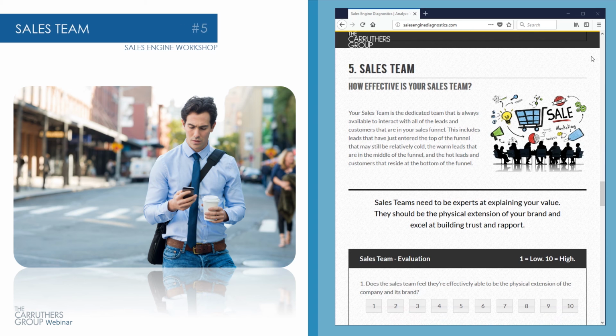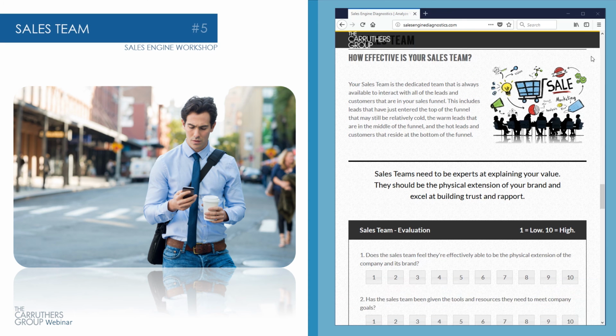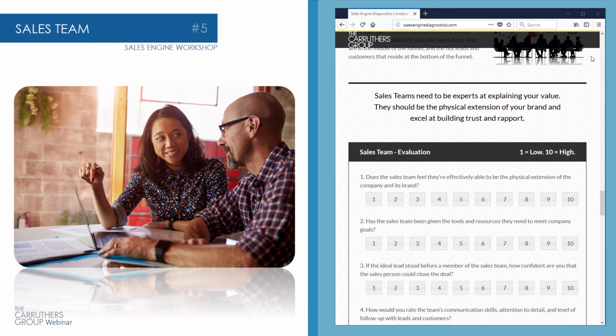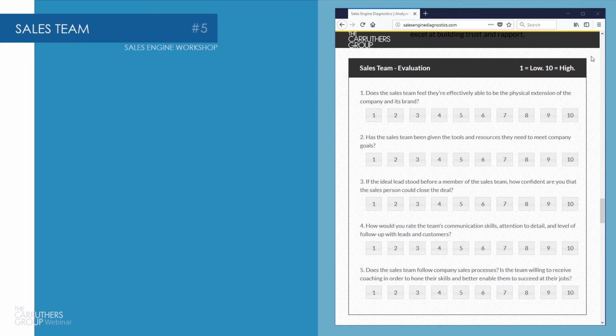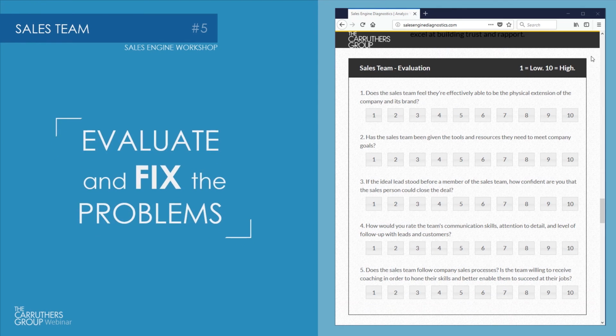So how do we do that? Well, the first is, how did you score on the sales engine diagnostic? Because really it's all about how effective is your sales team. And if you didn't score so high, it doesn't necessarily mean that the sales team you have in place isn't strong. It doesn't necessarily mean that if you're an individual salesperson, that you're not good at what you do. What it could simply mean is you're not clear on your value. You're not clear on your target audience. You're not clear on your message. Marketing's not working very well. So that you're kind of already set up with all these challenges.